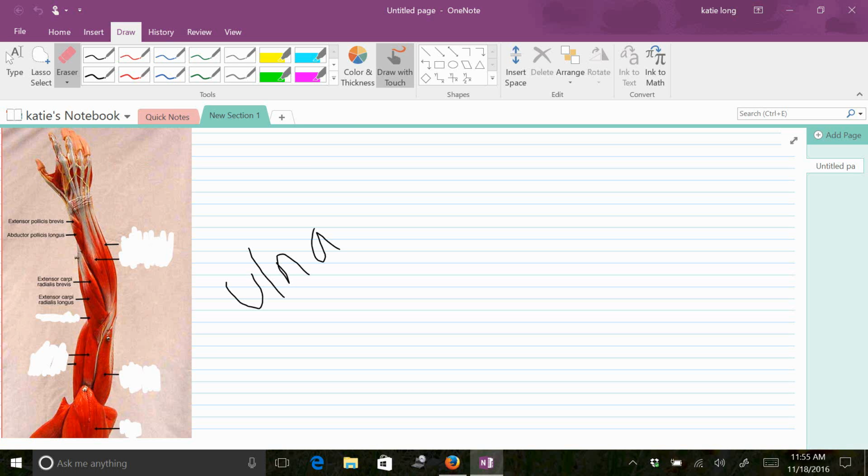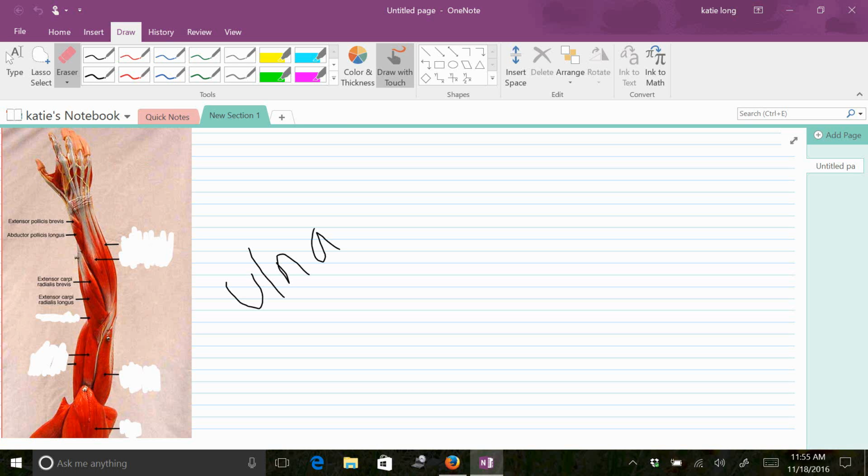We have your extensor pollicis brevis, and then we have your abductor pollicis longus. So if adductor, ADD, is moving toward your midline, your abductor, ABD, is moving away from your midline, okay? Then we have your extensor carpi radialis brevis and your extensor carpi radialis longus. So carpi referring to your carpals, radialis referring to your radius,